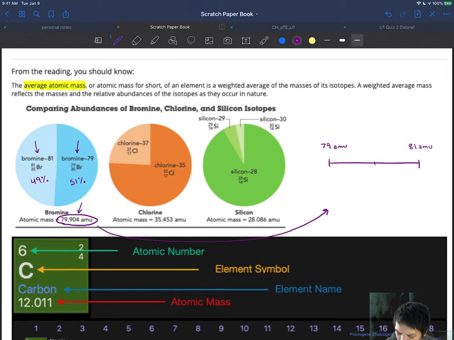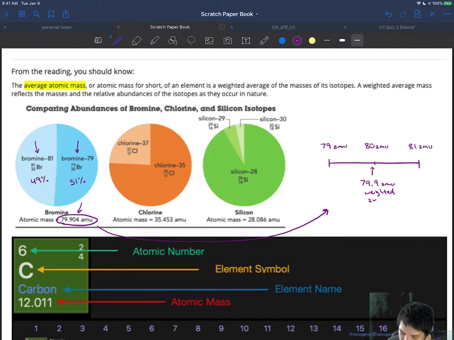And in the middle, right smack in the middle, it should be 80 atomic mass units, right? Well, the atomic mass of bromine, if you account for the relative amounts of each one of them, 49 and 51%, the atomic mass of bromine is a little bit less than 80. So 79.9 atomic mass units is the weighted